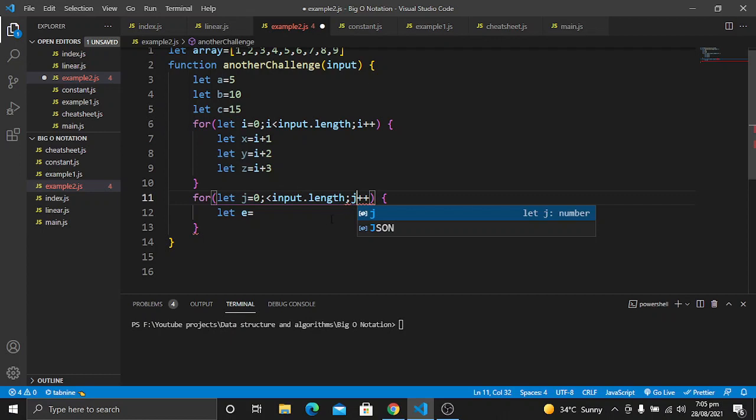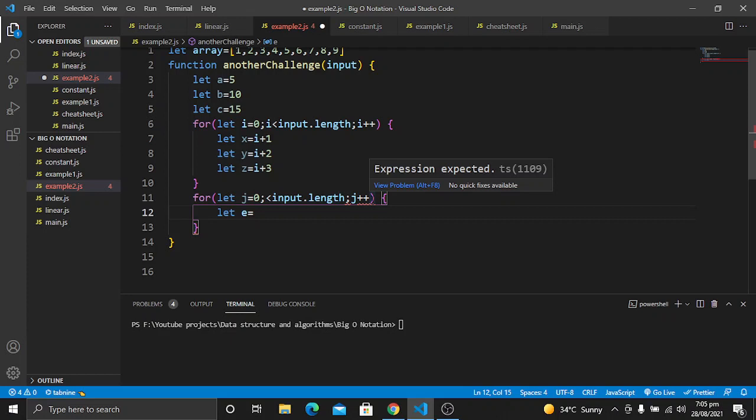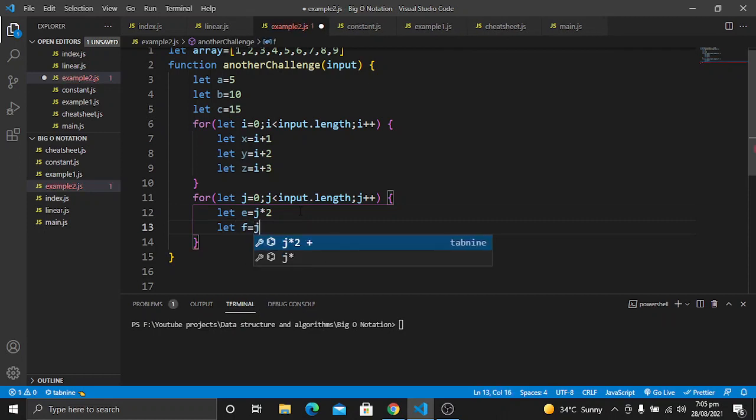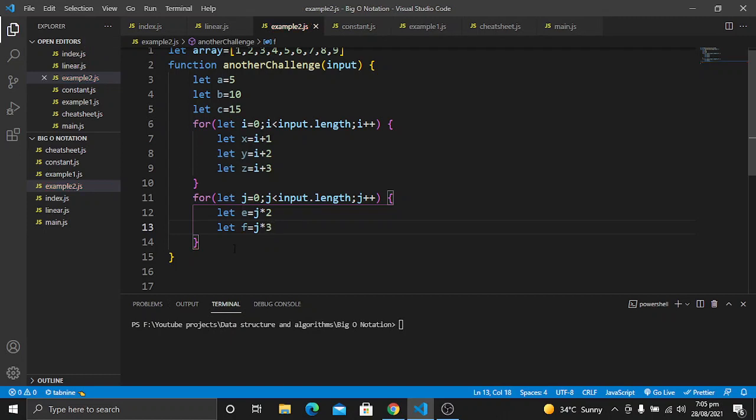So for this we will use j, and now we are getting an error, so here we also want a j. In e, I want to store j multiplied by 2, and then in f, I want to store j multiplied by 3. So all of these values will be stored in these variables.